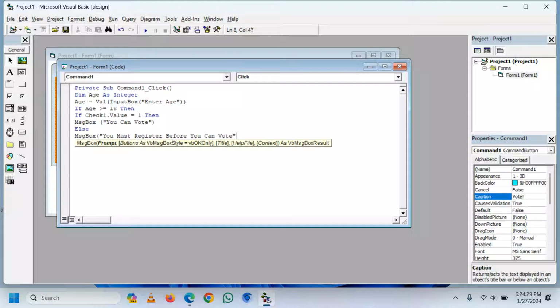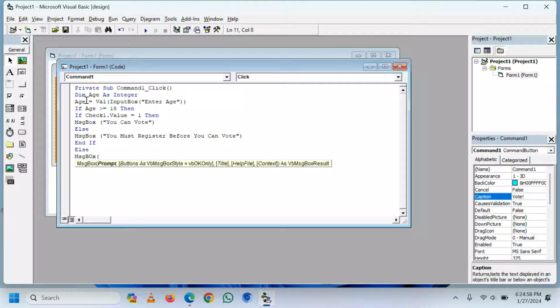You close quotes, close the brackets. Let's leave it there. More to that, here we can say End If, and then Else MsgBox